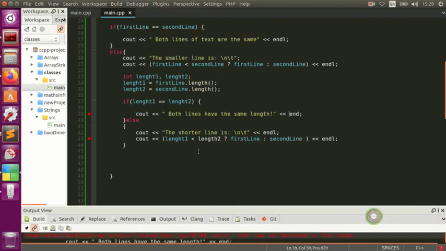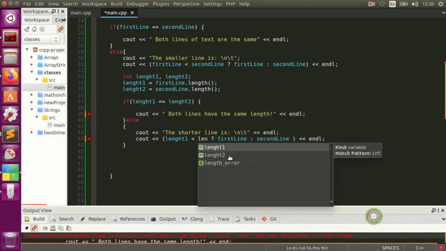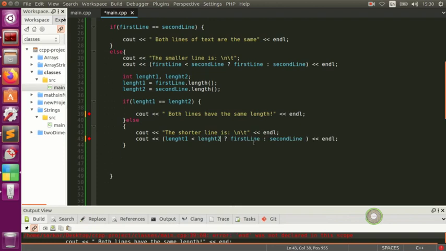Alrighty, so we built our project. Looks like we have a problem and we don't have an endl here. What about this one? This one, cout. Looks like we have an endl here. Length 1, length 2. So it looks like this one is giving me a problem. So I'll put a length 2. Okay, now it looks like it's all good. So I'm going to build my project. My project's working fine, and when I run,